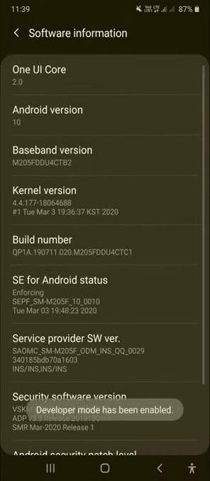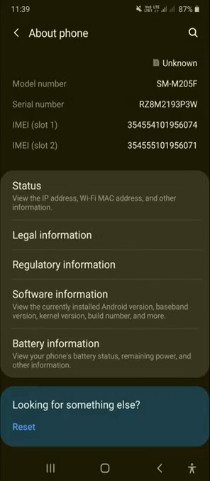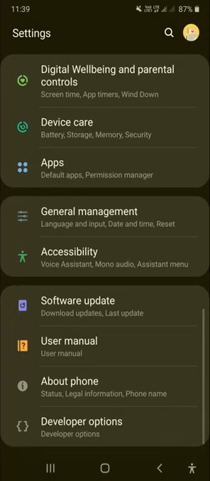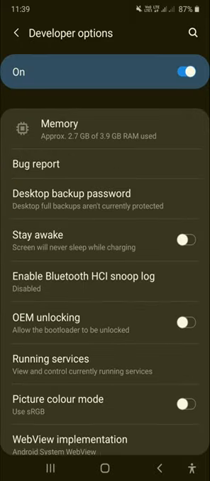you will get the message that developer mode has been enabled. It will be available in settings, at the bottom. Otherwise it will be available in more settings or additional settings in your phone. It depends on your phone. You have to find where the developer option has been located. Click that and just note down all the options I am saying. You have to switch on these options to increase the speed of your mobile and network.